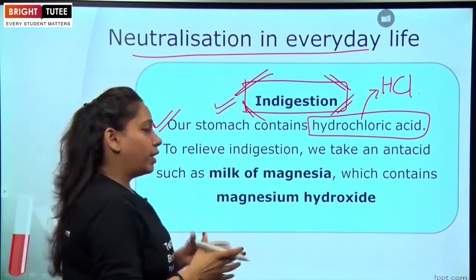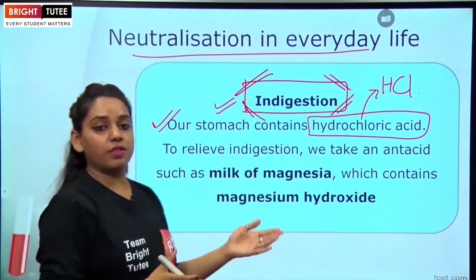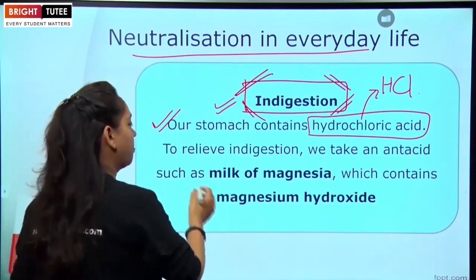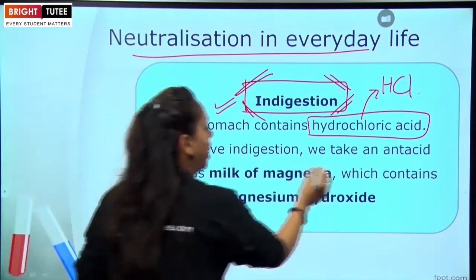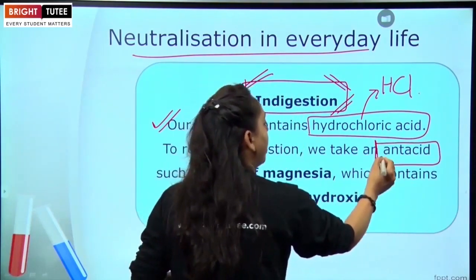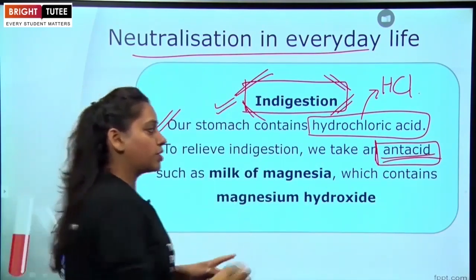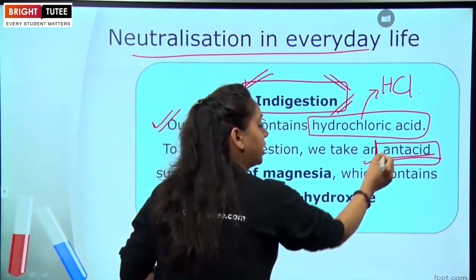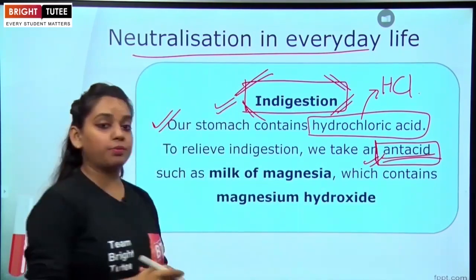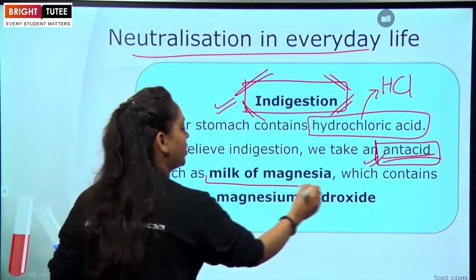Whenever there is excess of acid in your stomach, in order to neutralize its effect, you are given basic solutions, and such basic solutions that help you digest the food are known as antacids. Students, this is a really important concept. You have to learn this, that this is known as antacid, and most commonly given antacid is milk of magnesia,